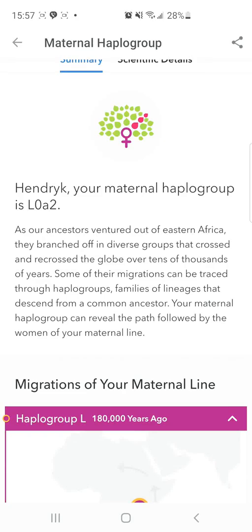Today I will speak about the mtDNA L0a2, which is my mtDNA. mtDNA is passed from mothers to mothers to mothers through the X chromosome, and your Y haplogroup is with the Y chromosome, which is passed from father to father to father. Today I will explain how my mtDNA is related to its ancestors, and